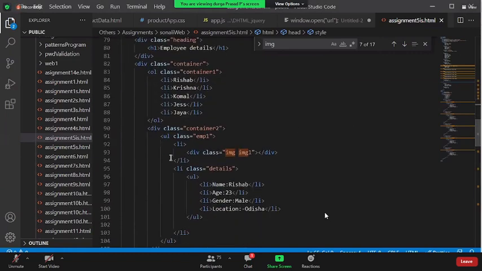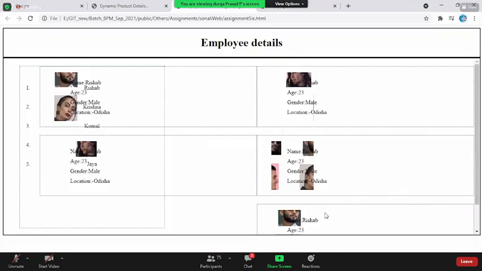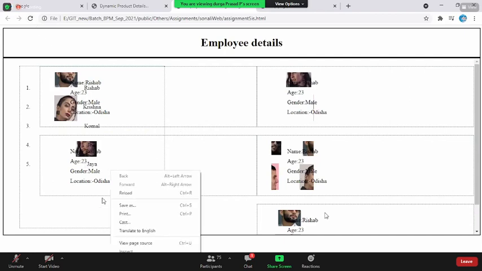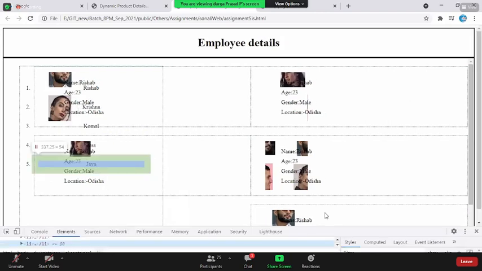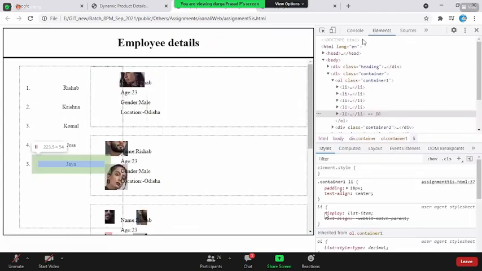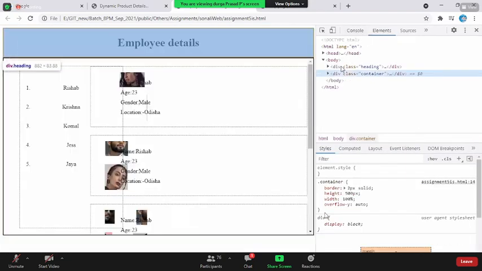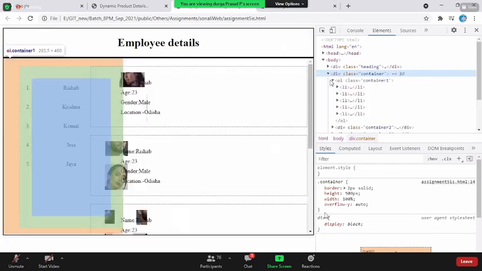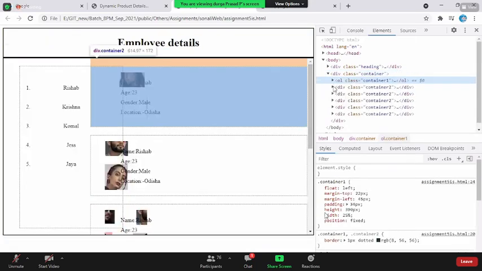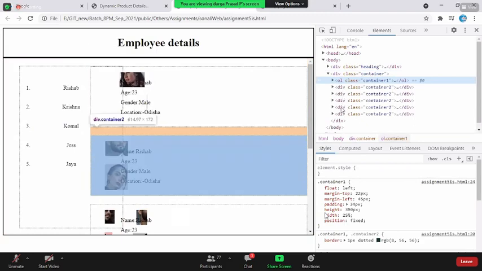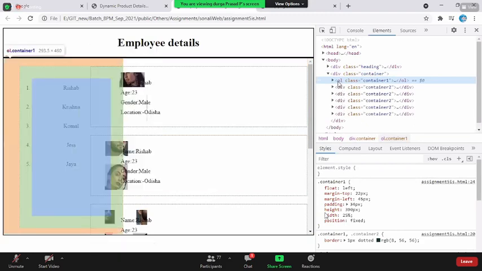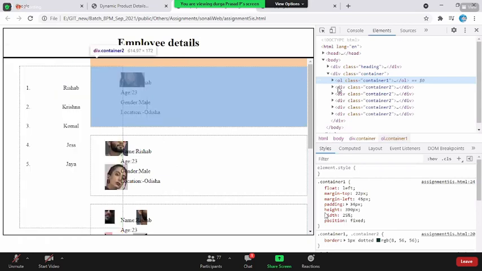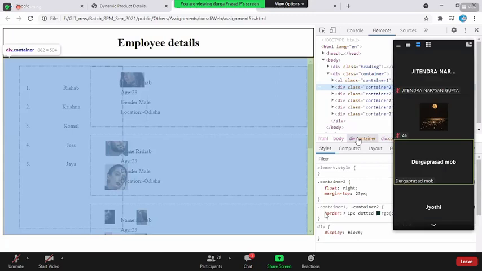First of all, you have this left container in container 1 and container 2. You have two, one is the header and one is the container. Under the container, there is one UL tag and one div. So this should not be the case, right? First of all, you should have OL as one container and you should have the right side as a single container. Under that, there should be all the children.